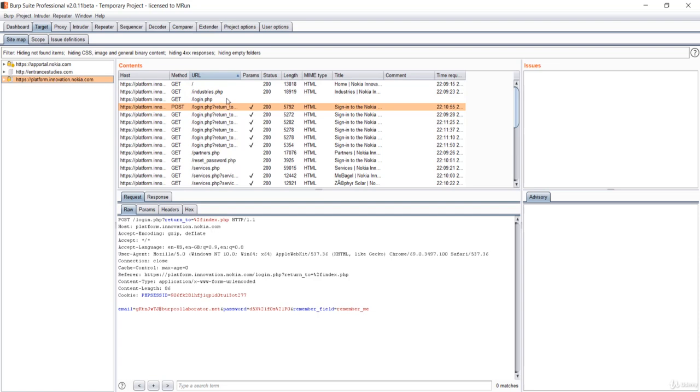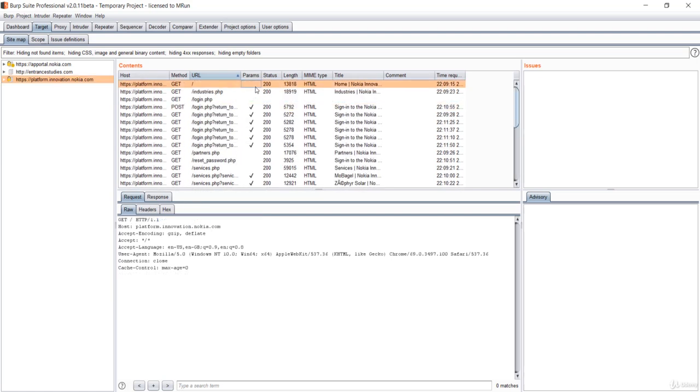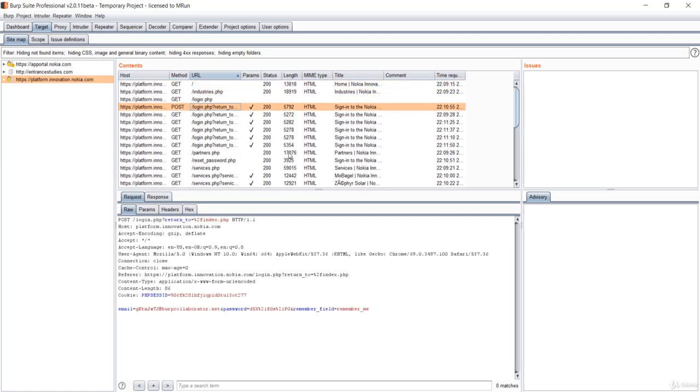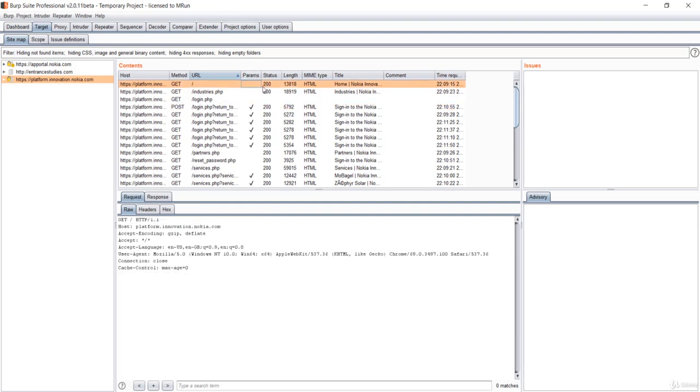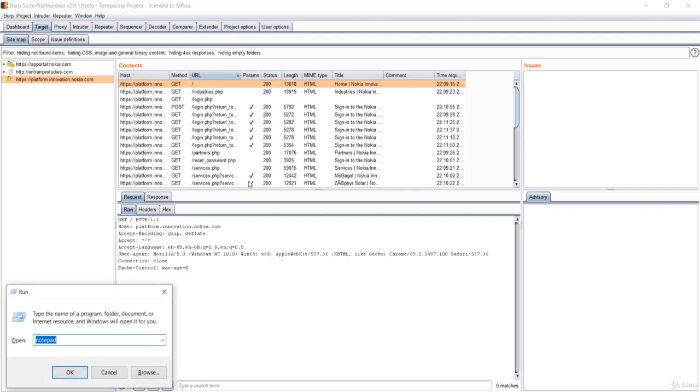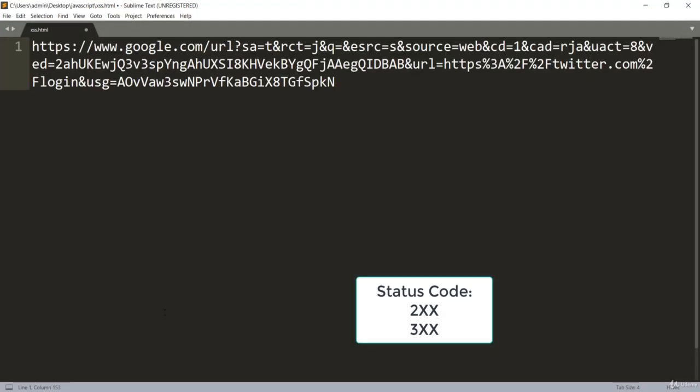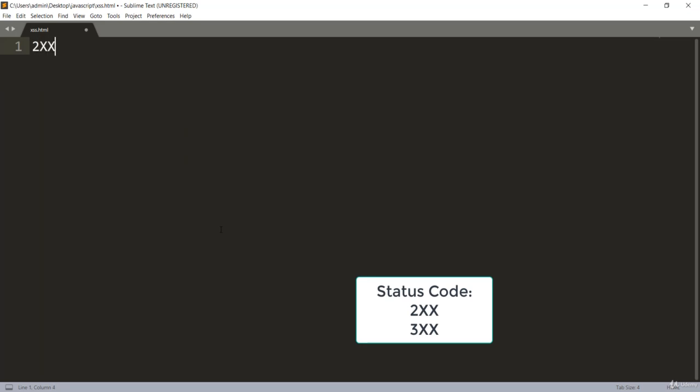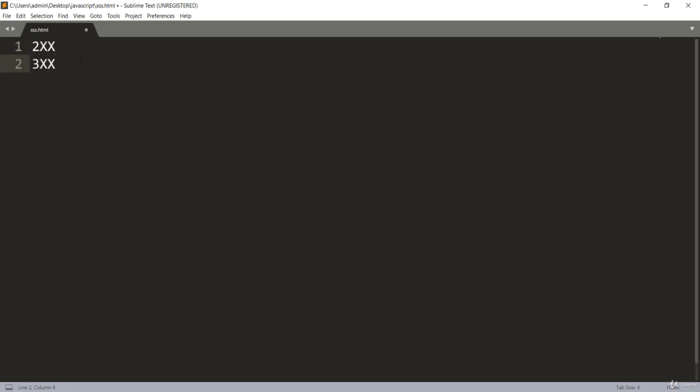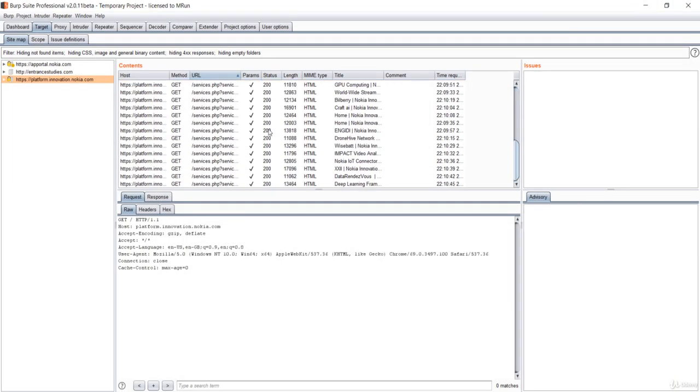So let's see what this has. First, you need to search for those websites which have a status code that starts with 2 or 3. If it has 2 or 3, then it is valid. If it has something like 404, it is not going to work. So first, just look at the status code. It should start with 2, so it should be something like 2xx, or it can be 3xx. Here xx means any number. Over here you can see that we have 200 and only the 200.